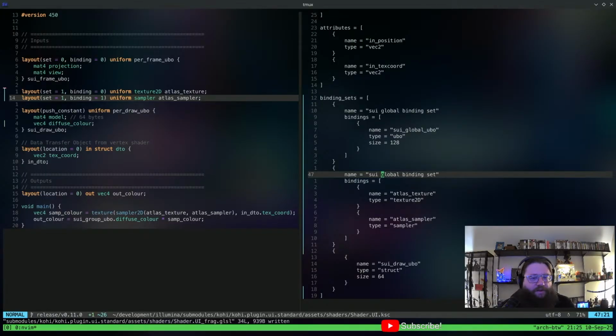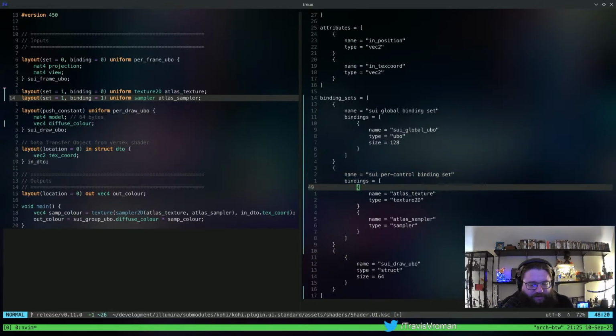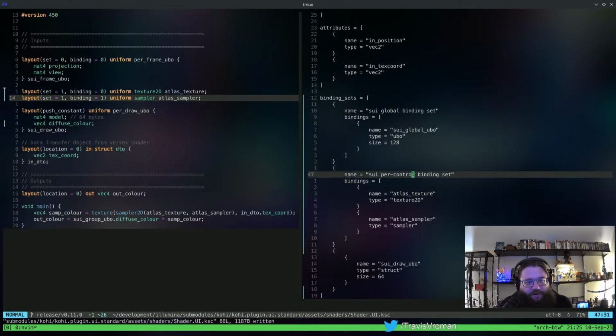I guess we could call this SUI per control binding set, right? The name doesn't really matter. It's just kind of for our own debugging purposes. And so we have an atlas texture and an atlas sampler. So those line up correctly. That's what we want there.